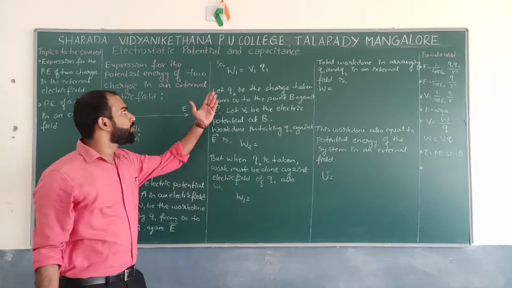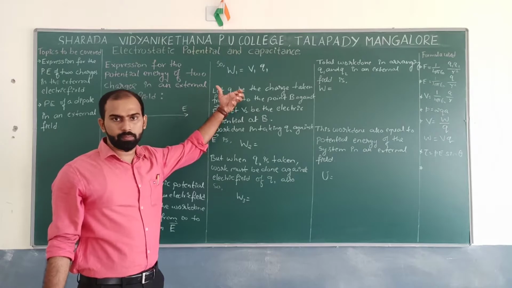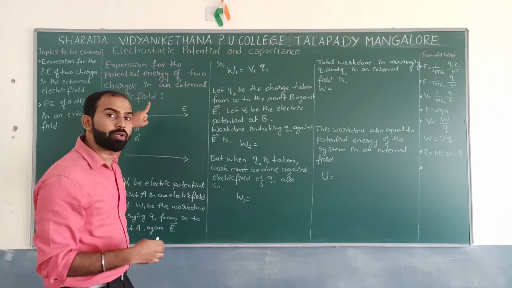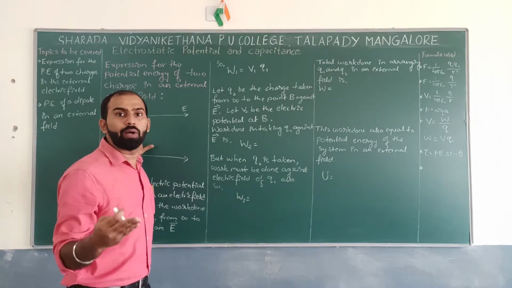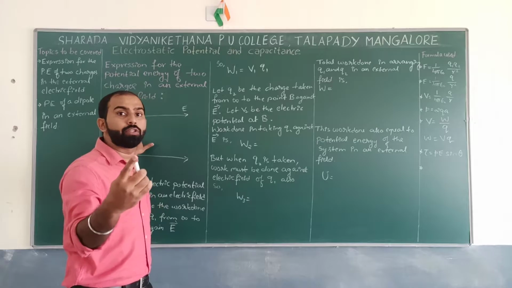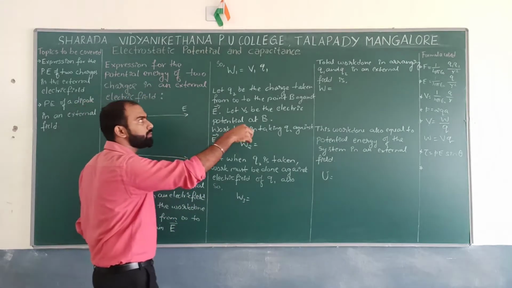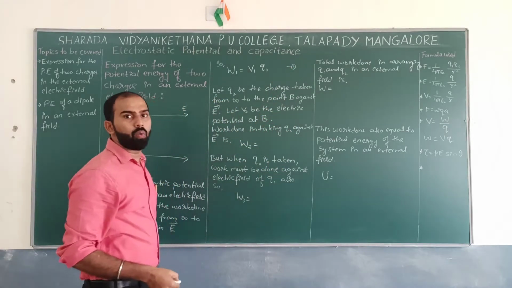So can I write W1 equal to, W1 means what? It is the amount of work done in bringing Q1 from infinity to, and where is it supposed to be kept? At this particular point A. At the time of keeping, are you doing work against or along the field? It should be against the electric field over here. So that's why it is equation 1.